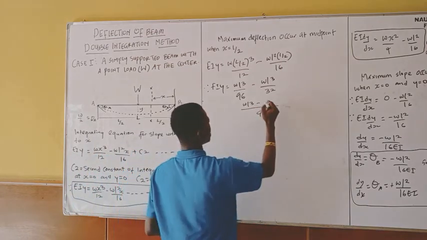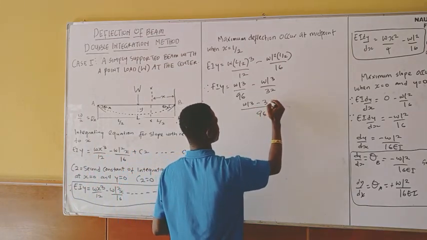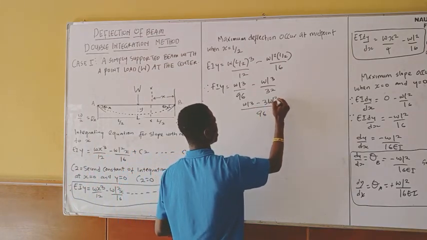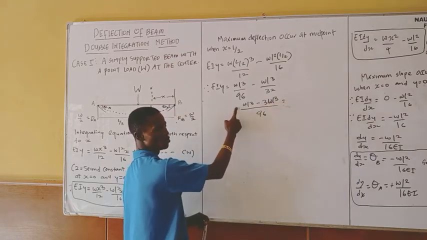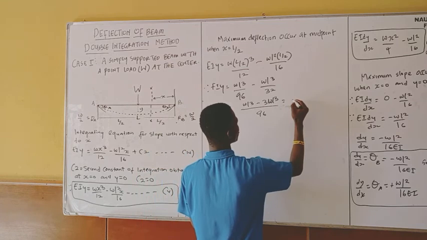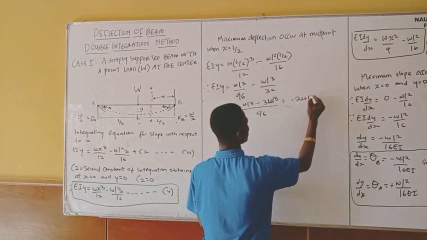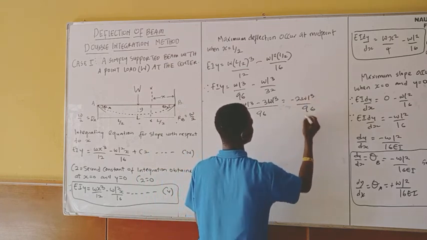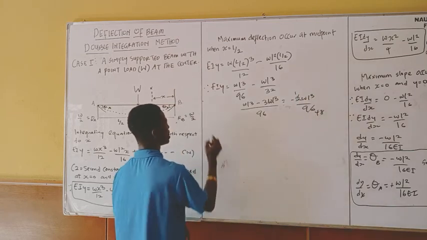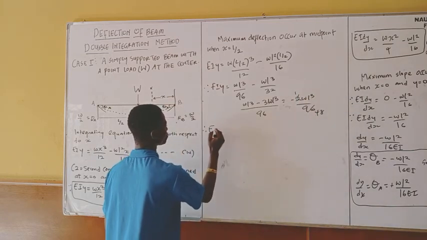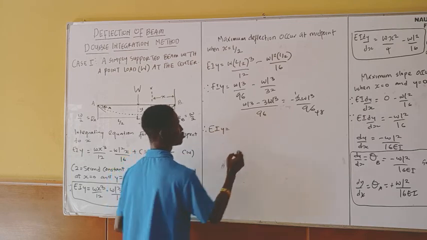Then 3 multiplied by WL cube is 3WL cube. So in this case now, we have negative 3WL cube and WL cube. So we are going to have minus 2WL cube over 96. So 2 in 48. So now our EIy is equal to